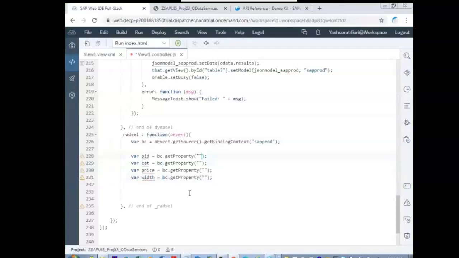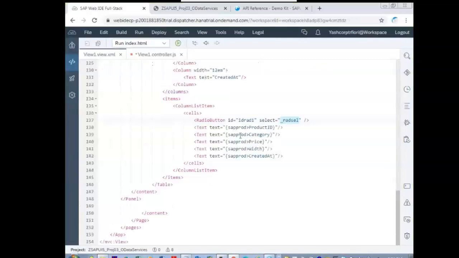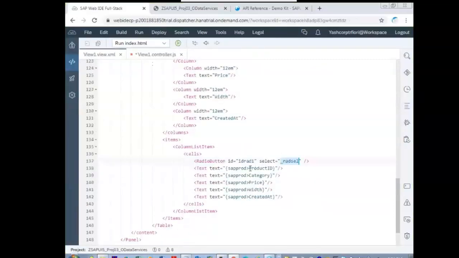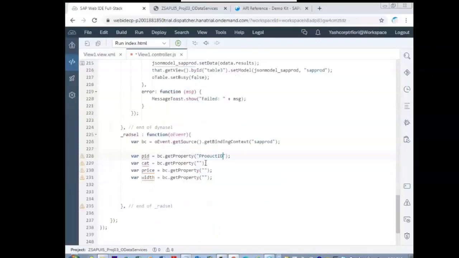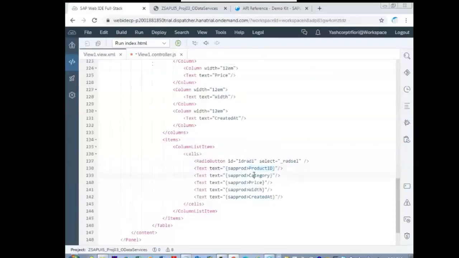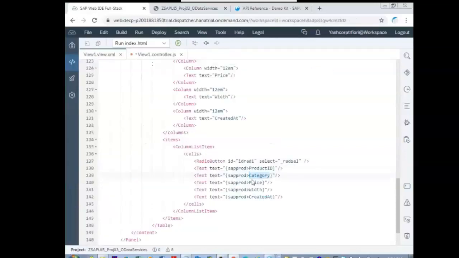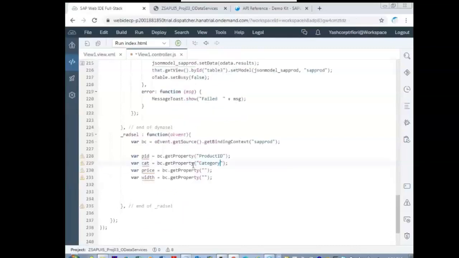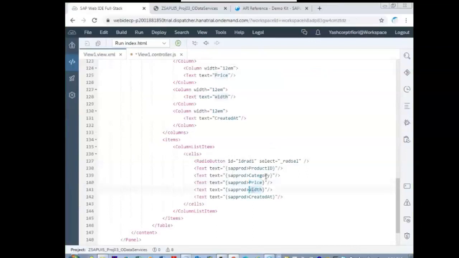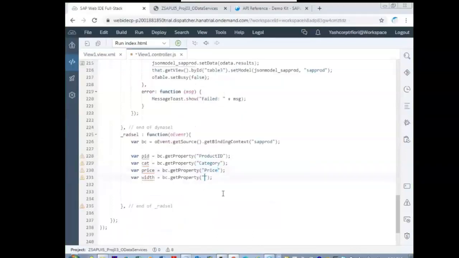And inside this getProperty, the values must be exactly the properties of the OData. Product ID. Next, category. Price. Width.